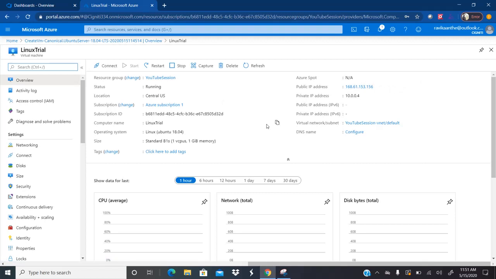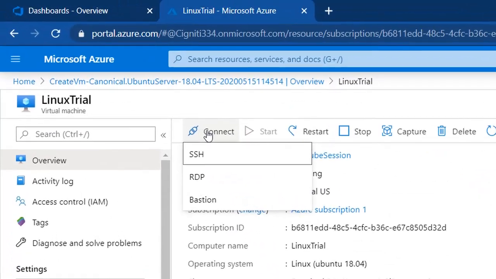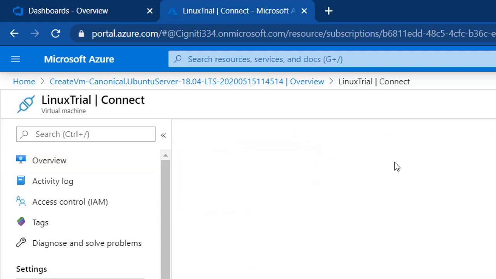So now, how can we connect to the virtual machine? Right now I want to connect to my Linux virtual machine from my home, and then I want to install probably Apache server on my virtual machine. First, let me connect by using an SSH connection. For that you need to click on connect and select an option called SSH. I'll show you how we can connect by using SSH, and also how we can connect by using remote desktop. First, let me explain the SSH connection.